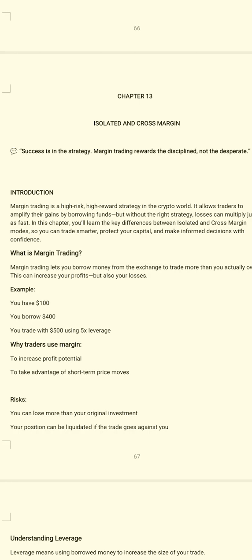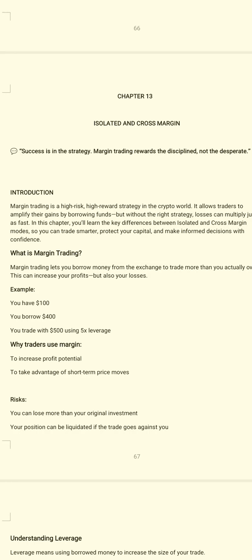Success is the strategy. Margin trading rewards the disciplined, not the desperate. That is our motivational quote that follows this lesson. That is lesson 13, which is chapter 13. Margin trading